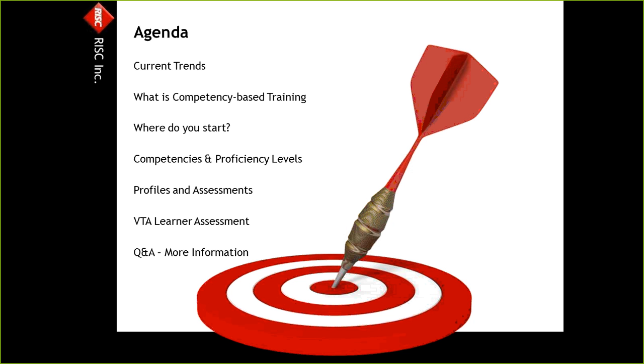Then we'll make a transition over into Learner itself and start going through, first from a supervisor perspective, looking at a student's competencies, what's been assigned to him or her, what those proficiency levels are that have been defined, the target behaviors there, and completing an assessment. Then going the next step, if someone is assessed and they have an area for improvement, what can I do to assign them a personal development plan, either a course, a task, or some kind of resource, and certainly some combination of any of those items to help build their